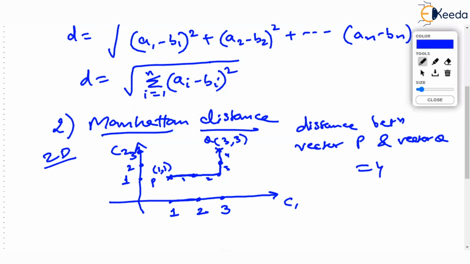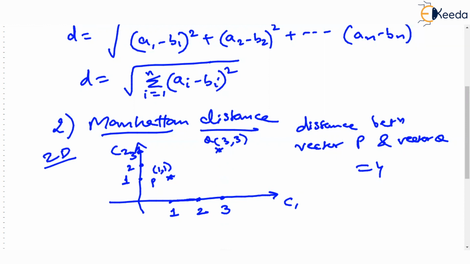Just check this again. Somebody might argue why you have taken these steps in this direction only. Okay, there isn't any problem. You want to go from P to Q, isn't it? So the first step you take is a vertical step. You have gone from 1 to 2. Then you go from 1 to 3. Every time you are taking a unit step. So just now you have taken 2 steps. Then you go from this point up to 2. See, you are at x equal to 2 and then you reach x equal to 3. How many steps have you taken again? 1, 2, 3, 4.